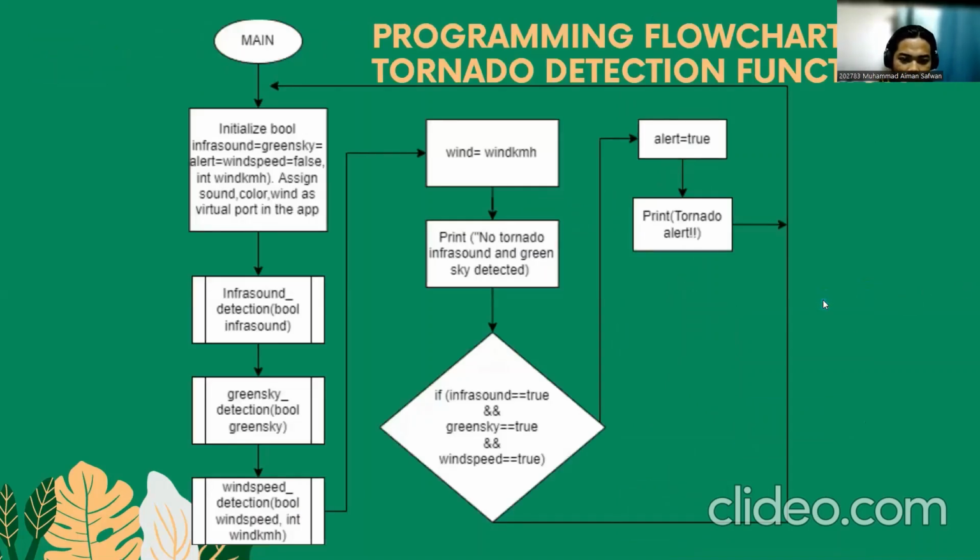It starts from the main function, which initializes the boolean variables infrasound, green sky, alert, and wind speed to false, which we detect first. It starts with infrasound detection for our first sensor, continues with green sky detection, and the last one is wind speed detection. These are the three sensors we use to avoid false alarms. So for the wind